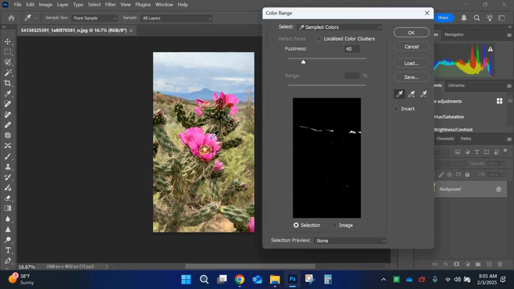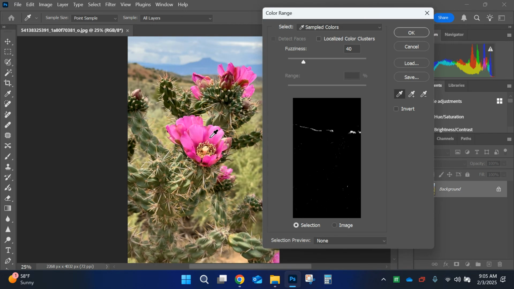So I'm going to click on the pink. I'm going to zoom in a little bit so you guys can see what I'm doing. I'm going to click on the most medium pink. And do you guys see how this black and white object changed? Now, this flower has light and shadow areas along with regular